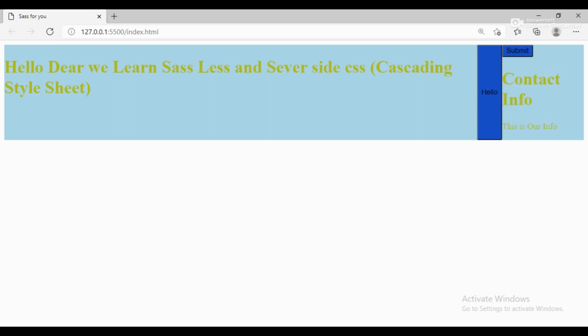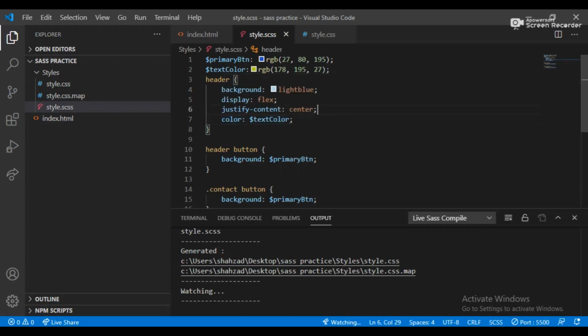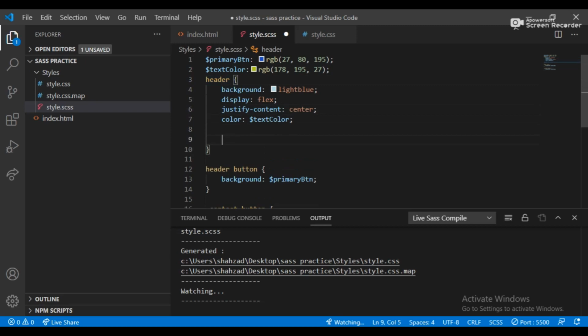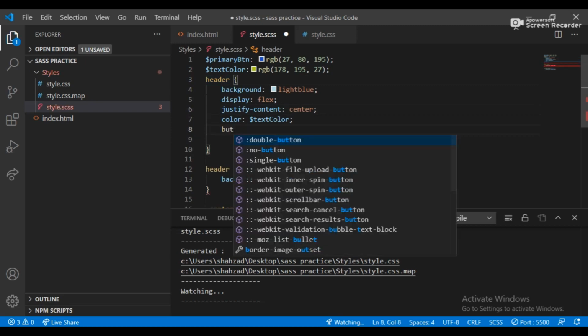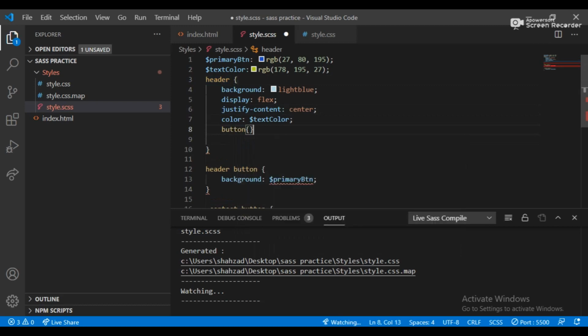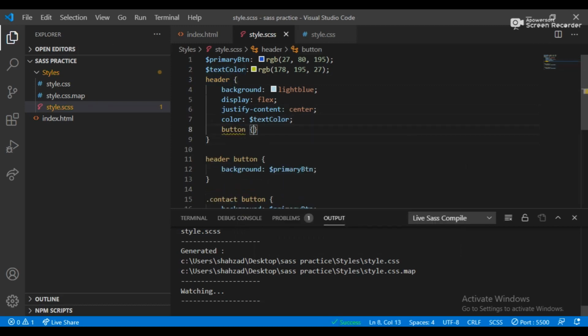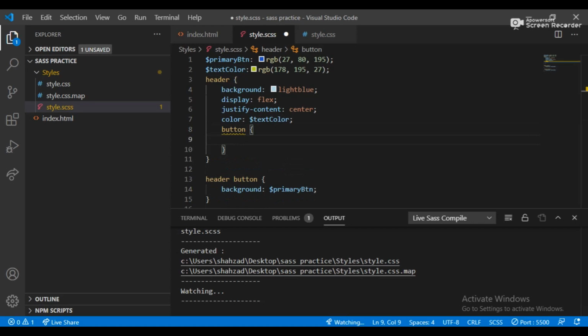You just need to declare it once and you can call this variable anywhere. What you need to do is learn CSS first and then move towards SCSS, because if you don't know about cascading style sheets, you are not able to work on this, because I am using all the properties, which are all defined in the style sheet.